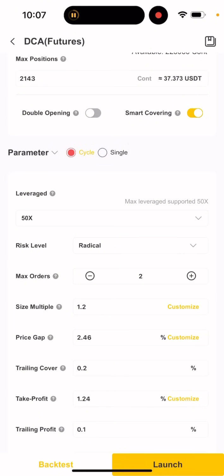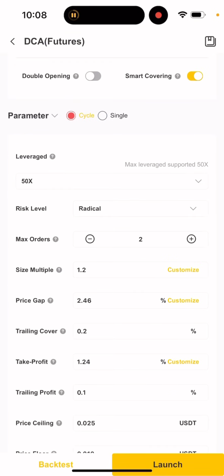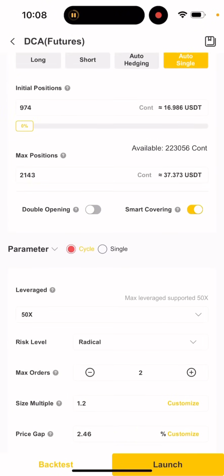For instance, your size multiple, you now know the meaning. Your price gap, you know the meaning. Your mass order, you know the meaning. So you can decide to change your mass order depending on your capital, your size multiple, and your price gap. But you don't really need to put yourself through all that headache. It just gives you a faster profit, but you can just leave it at default. So once you leave it at default, come right here